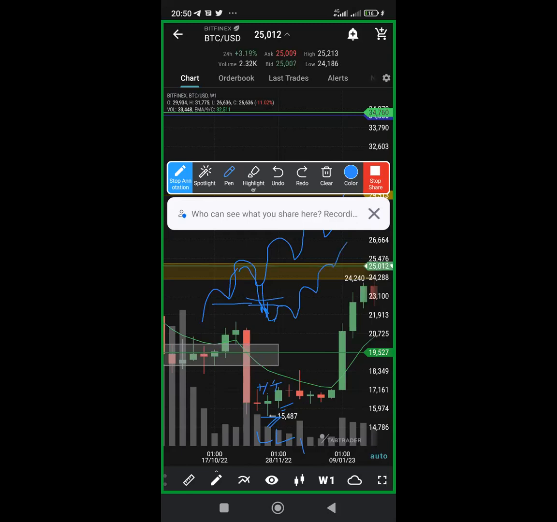So that is how it is done. But this one here is a regular trend and it's done on the weekly, so it's a big trend. 15K formed, it went here and formed 15K again. We are now sure that this thing is looking like it's going to go